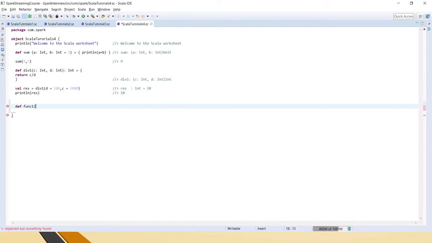Function 1 I will say, and inside that we will pass one integer, and inside this function we are receiving x as input, right? So we will say definition some number.